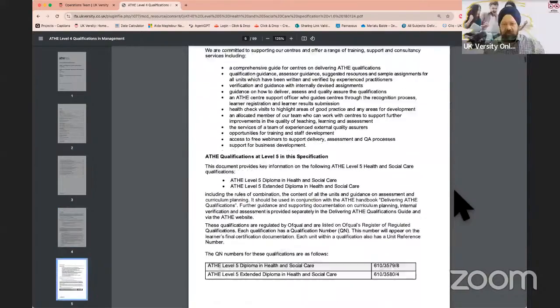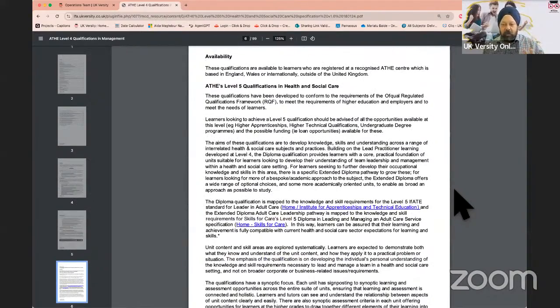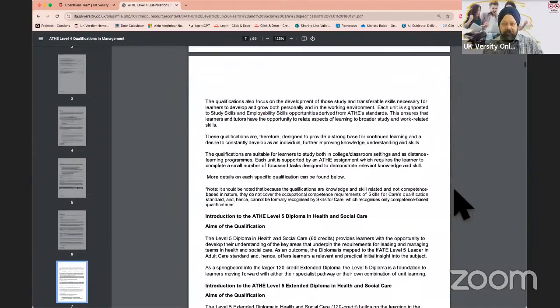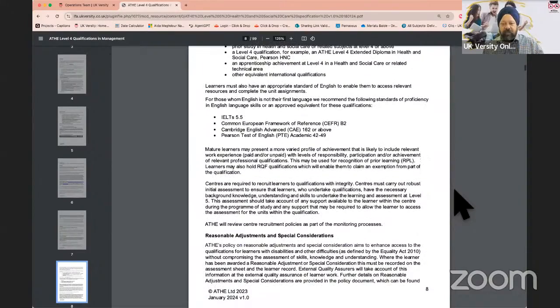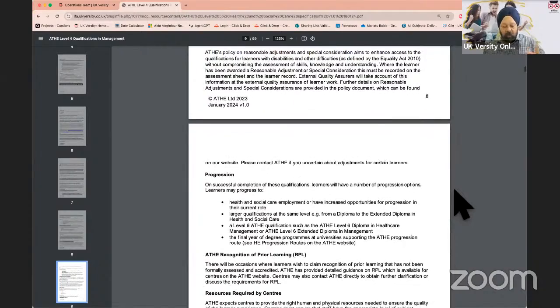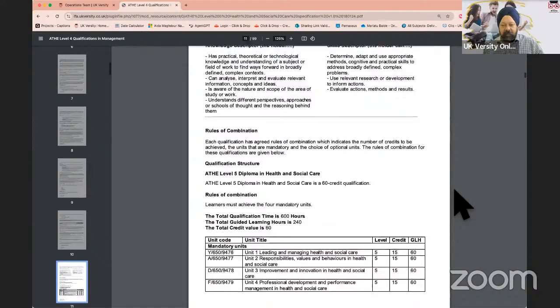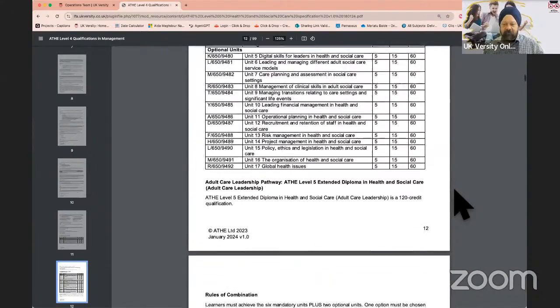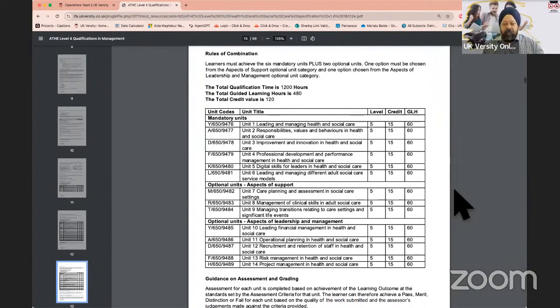That's great. Now, in this part, what I want you to look at is two things in this document, which is important. The first part is the grading criteria, because at the end of the day, you're looking at doing this qualification, and I would want you to achieve this in the highest possible grade that you want to achieve. So the grading criteria is given on page 8 and I think page 11, 12, 13 and 14. Now, this is important because when you look at the units you're expected to cover,